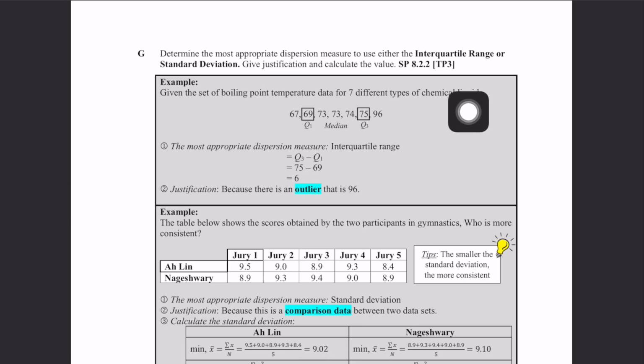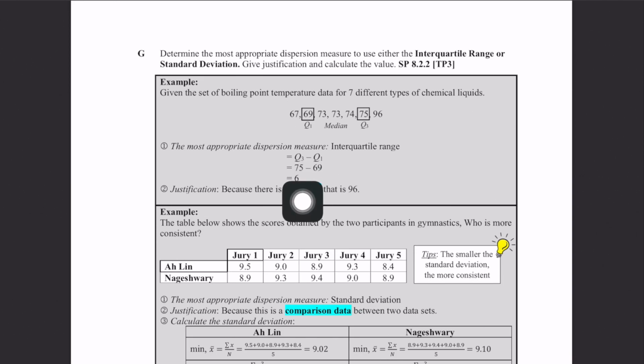In order to find the interquartile range, you need to make sure your data is in ascending or descending order. For this example, it is in ascending order. Then you find the median, the first quartile and the third quartile. I hope you still remember how to find the first quartile and third quartile. Then we need to find the interquartile range. Here, the most appropriate dispersion measure is the interquartile range. So you find Q3 minus Q1,